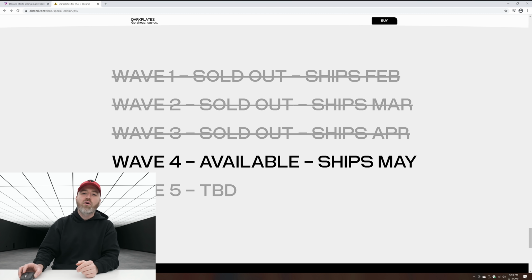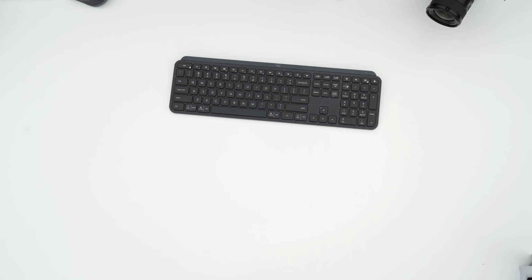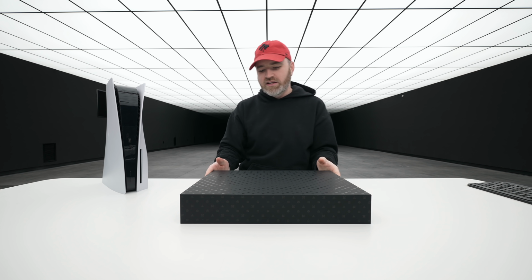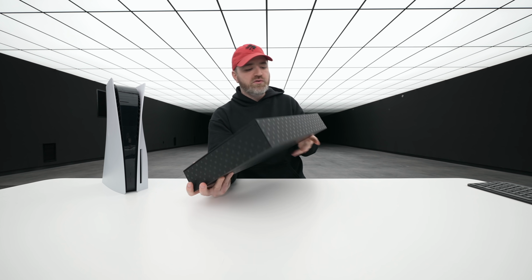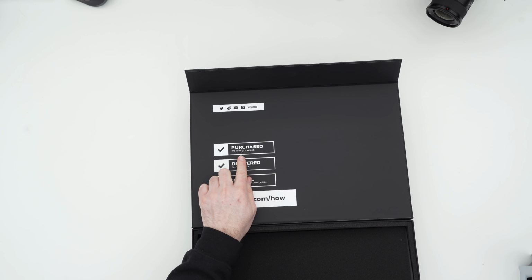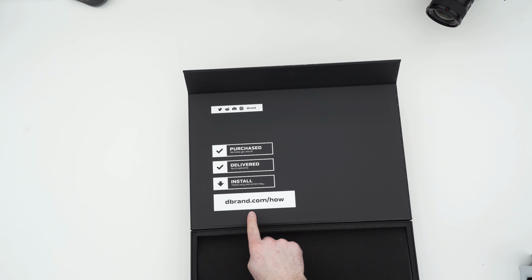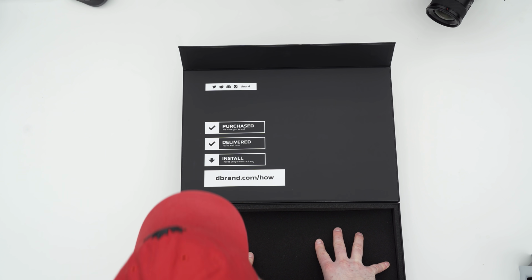So yes, of course, I have it here. Why don't we pull it out? So this is going to be your unboxing experience. And you can see it's premium all the way through over there with the pattern and the smoothness to it. So this will show up at your door. This is how you're gonna get it. You open up the box, purchased, we knew you would, delivered, you're welcome, installed. There's only one correct way. You can head to dbrand.com/how if you do pick this up,